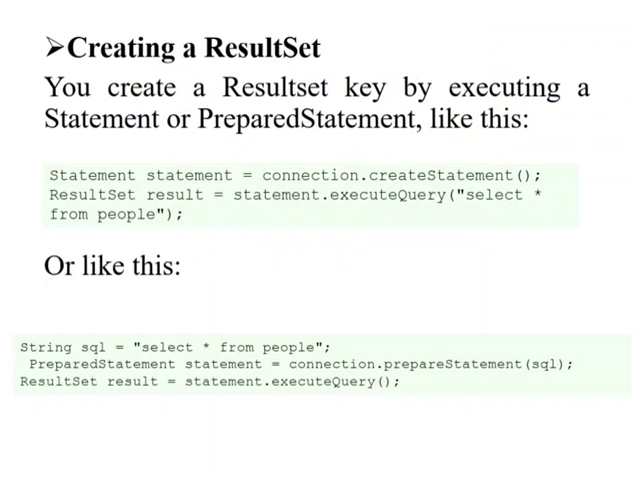Then how can we create the ResultSet? You create a ResultSet by executing a Statement or PreparedStatement like this. Statement statement = connection.createStatement(); ResultSet result = statement.executeQuery("select * from people"); or like this: String sql = "select * from people"; PreparedStatement statement = connection.prepareStatement(sql); ResultSet result = statement.executeQuery();